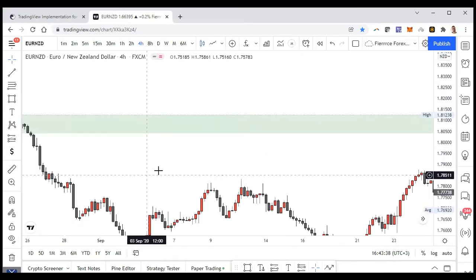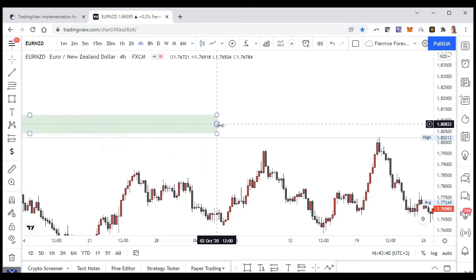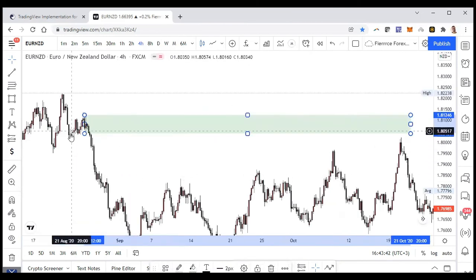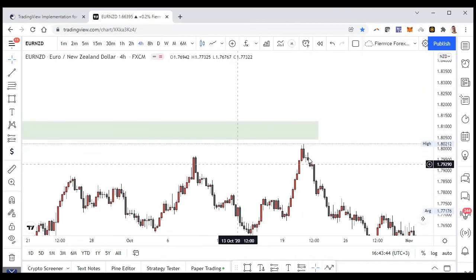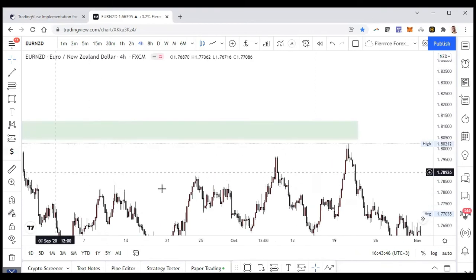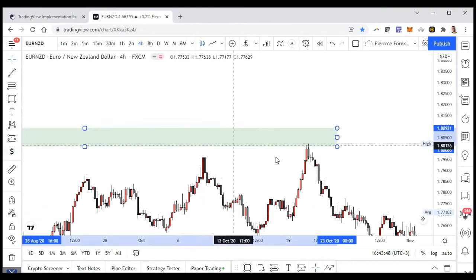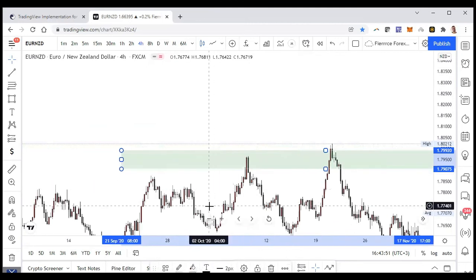So this for me would be the zone I would be looking at for price coming back in the future to test. Whatever happens, I'm anticipating that price will eventually come up here. Now, when I look at this zone here,